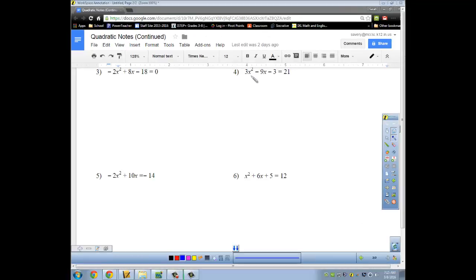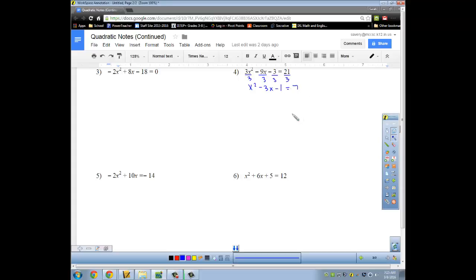So number four, first of all, I notice that that is not just a plain x squared. So I'm going to make an x squared by dividing everything by 3. So again, always make sure that all of your terms, oops, why did I put a negative? Every single time, we do not want a number in front of your x squared. So we are left with x squared minus 3x minus 1